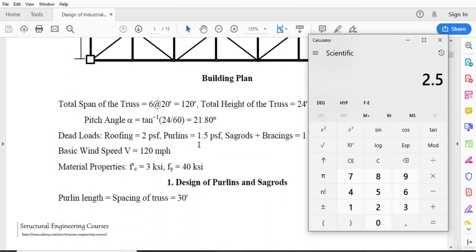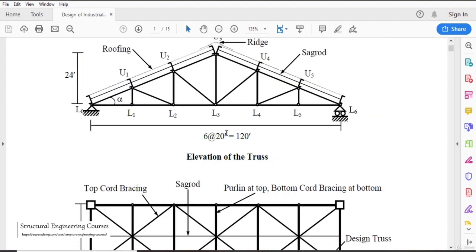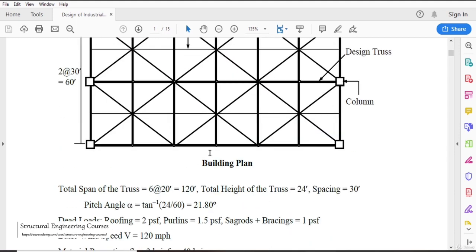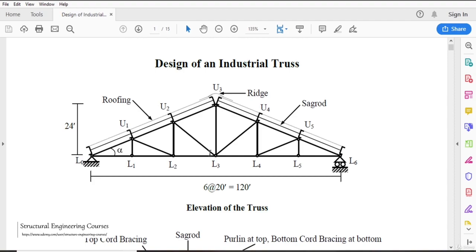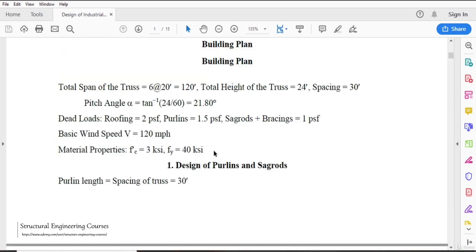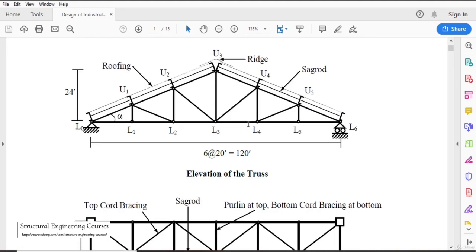So that is what they had done, that is tan inverse of 24 by 60, that is the angle. This angle is approximately 21.8 degrees. And if you want to calculate, first of all we should calculate the dead load, live loads, and wind load on that particular truss structure. But before that, you should also be conversant with how you can model this type of truss structure in the